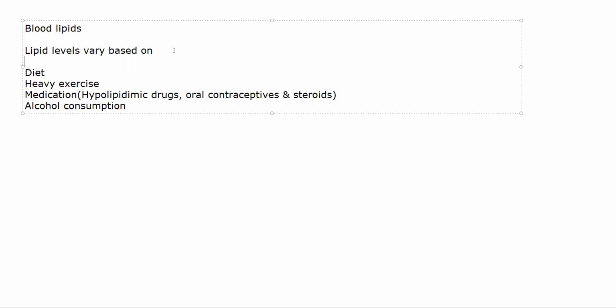But if you are checking for high density lipoprotein, okay, here the difference comes. If you are checking HDL cholesterol, then it should be frozen at 4 degrees, and it should not be stored for more than 7 days if you want to check for HDL. Okay, after 7 days the level of HDL will change.